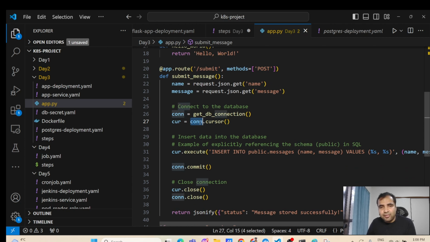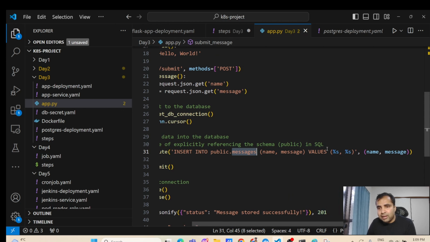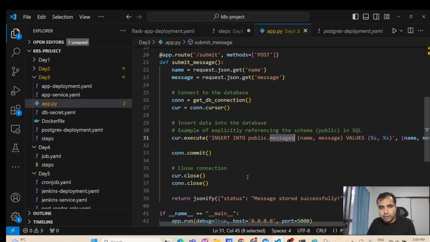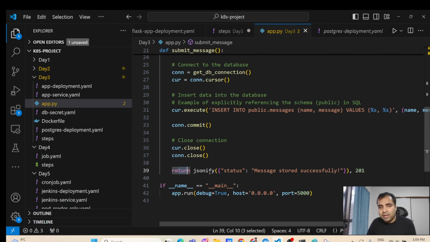And once this is done, you are just doing cursor.execute and inserting into that particular table. So insert into public, which is the database name, dot message table, and then here you are passing the name and the value which you are getting as input in the POST method, and then committing it into the database, and then closing the connections. And then in the return you are doing jsonify, and the status is message is stored successfully,